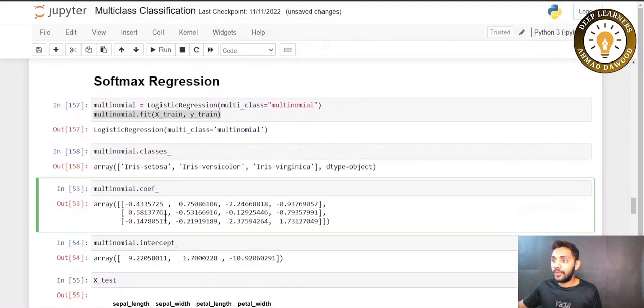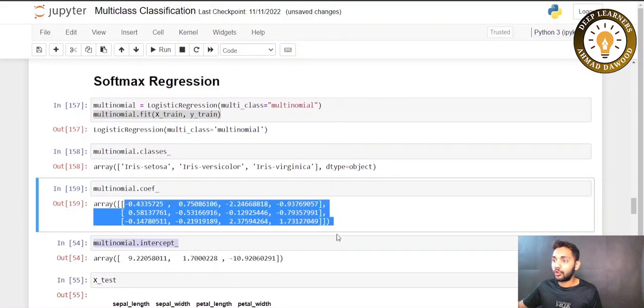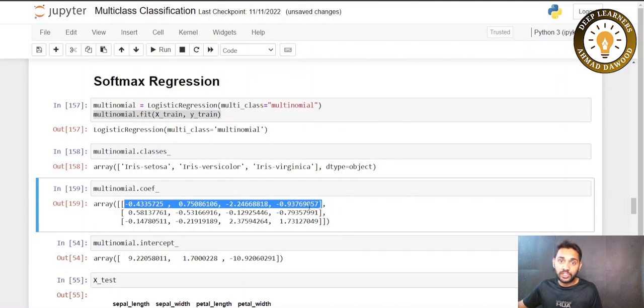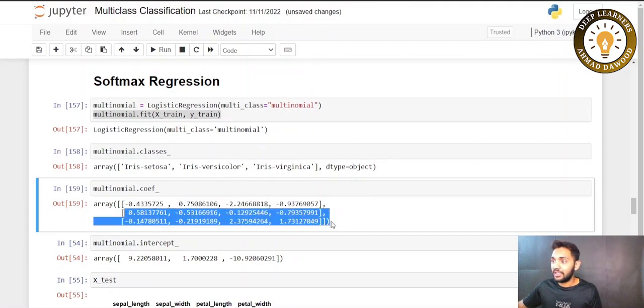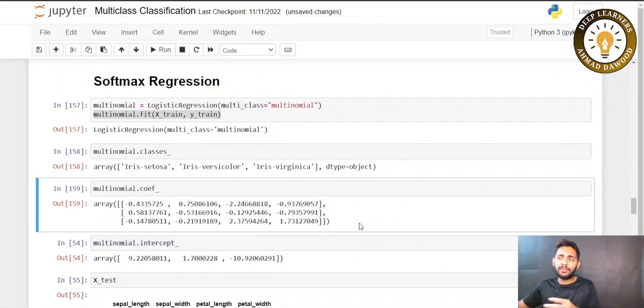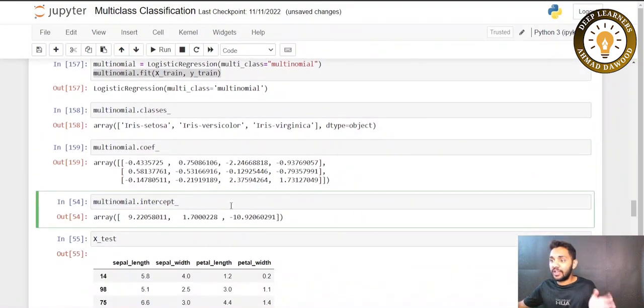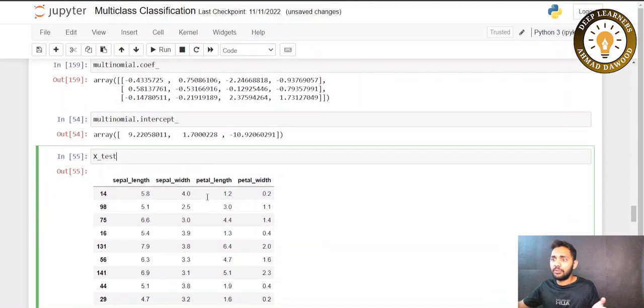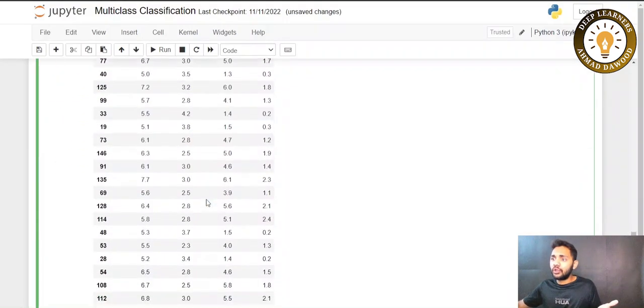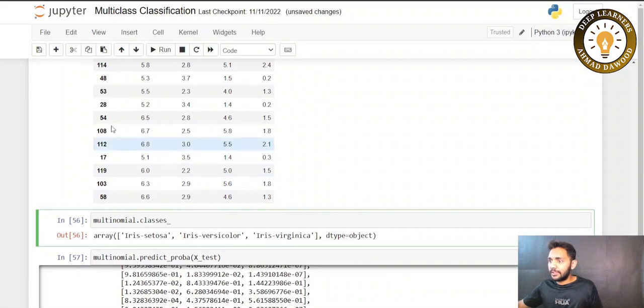And you can see from here, by multinomial dot coefficients, these are the 4 coefficients for the first equation, score 1, and in the same way this is for score 2, and this is for score 3. If you compare with the OVR scheme, it's pretty much similar, but in the case of OVR, keep in mind these are separate binary classifiers, while in the case of softmax regression, it's one bigger multi-class classifier. Okay, in the same way there are 3 intercepts for the 3 scores, and you have the test data set. You simply pass your test data set,